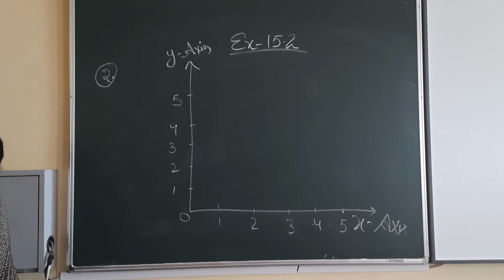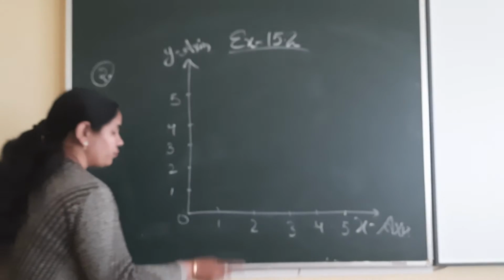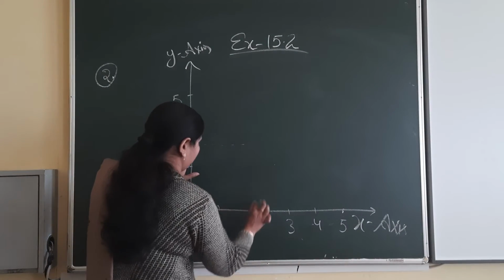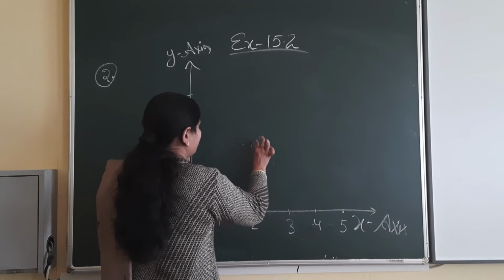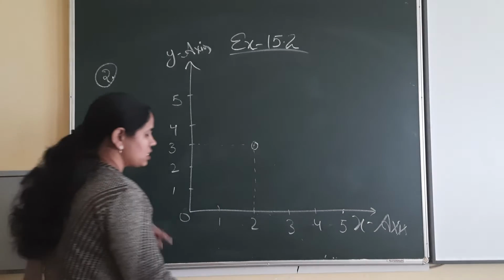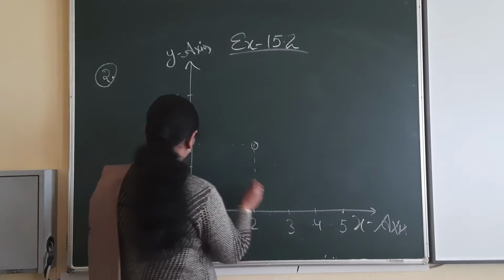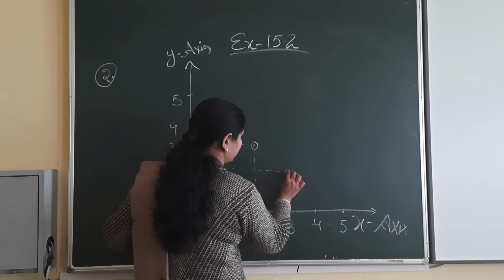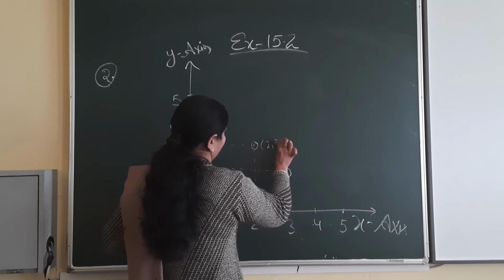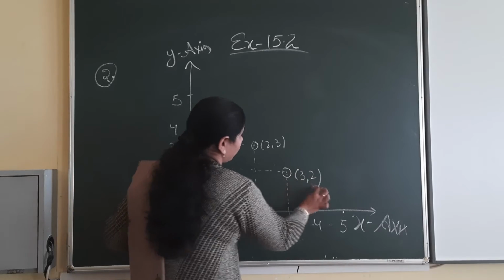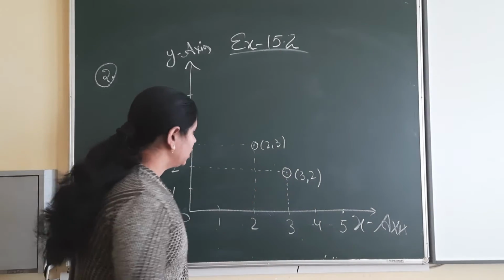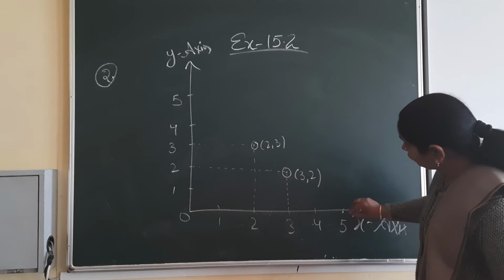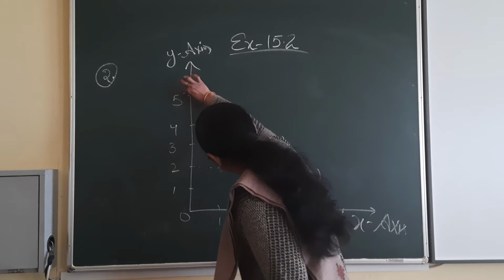Okay. So here draw the line passing through the point 2, 3. So first point will be 2. 2 is here and 3 is here. So this one is the point and second is 3, 2. This time value of x is 3 and value of y is 2. It's here. So this point was 2, 3 and this one was 3, 2. Always the value of x coordinate will be first. Okay. Now join them. So you do it carefully with the help of a ruler.